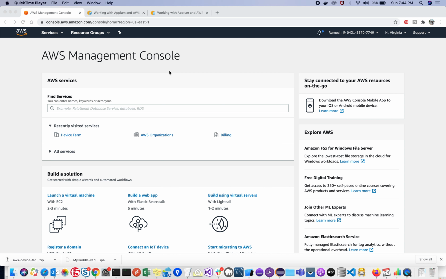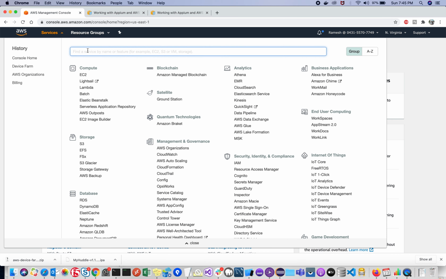Hello. In this video, I'm gonna cover the concept of running your test scripts in the cloud services. Here I'm using AWS services, AWS console as a cloud service. So first you need to log into the AWS console. Here you can see services, choose services, and then